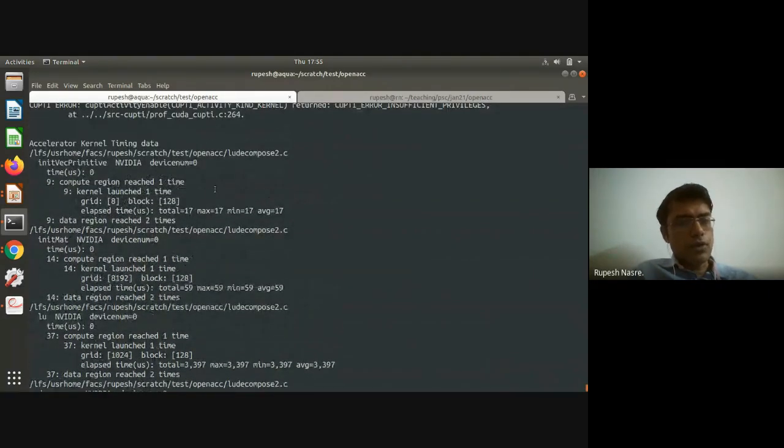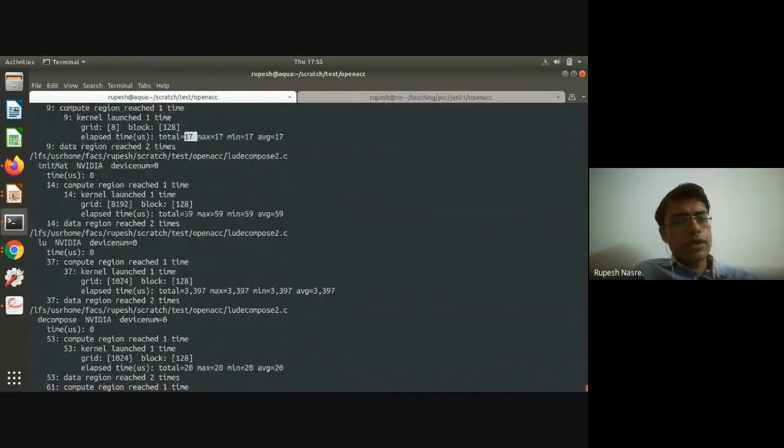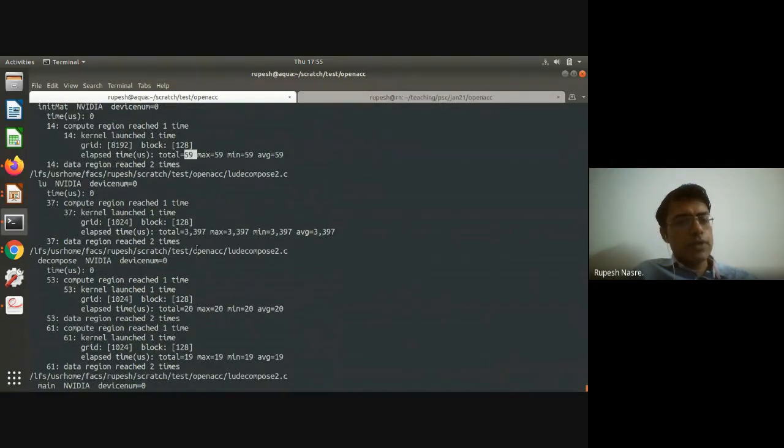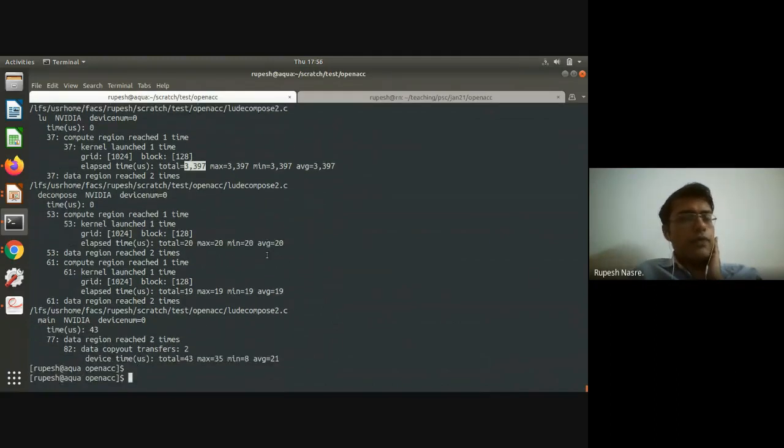So as the code ran, init vector primitive took some 17 or so microseconds, which is okay. Init mat internally used init vec, so that took 59, which is similar to what we had earlier. LU part took 3.3 milliseconds. That was similar to what we had from the last LU, because it is as optimized. Main took 43, and decompose had two parallel regions, and one of them took 20 microseconds, another took 19 microseconds,